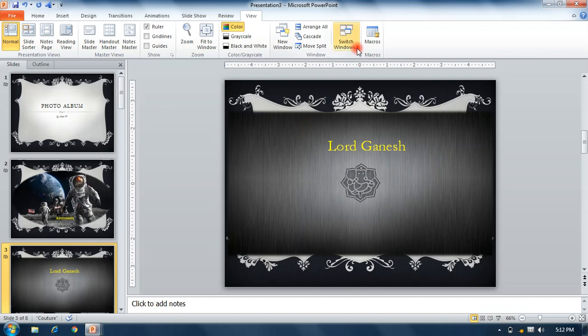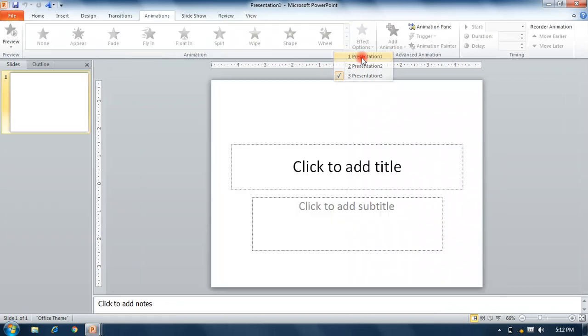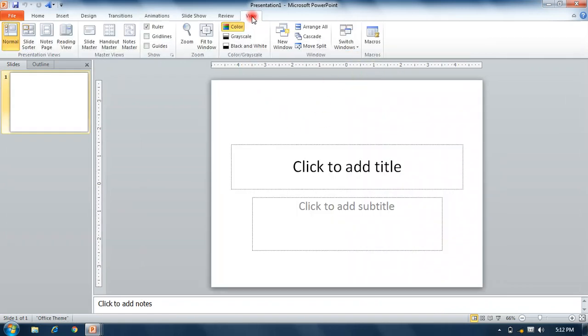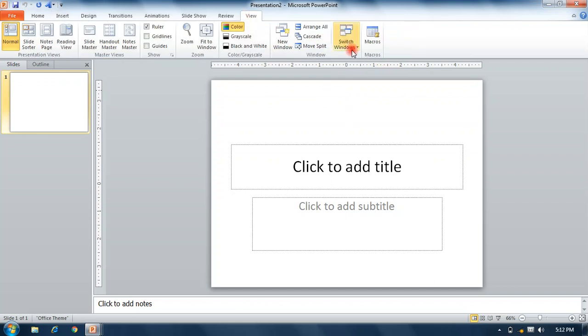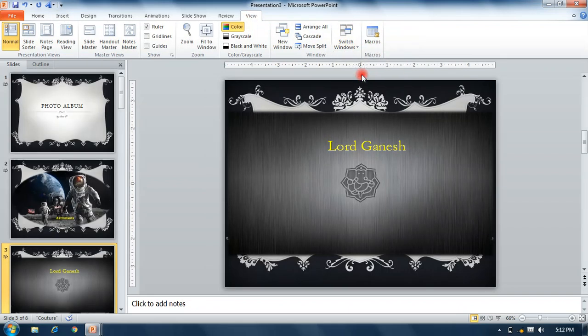Switch Window, we can open more than one or two windows, then this option is used for switching our window. So this is your MS PowerPoint. So keep practicing on it and have a nice day.